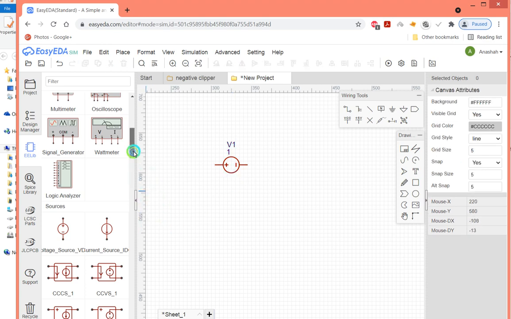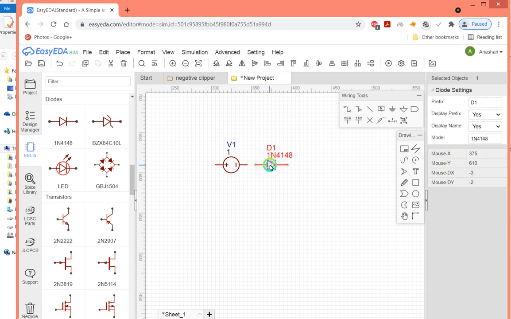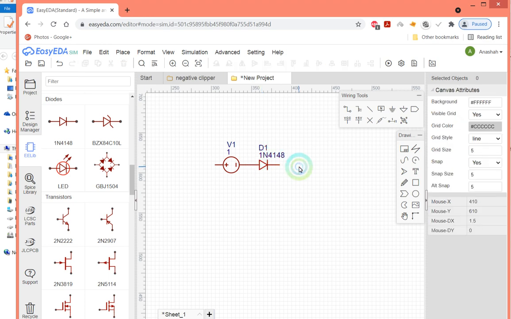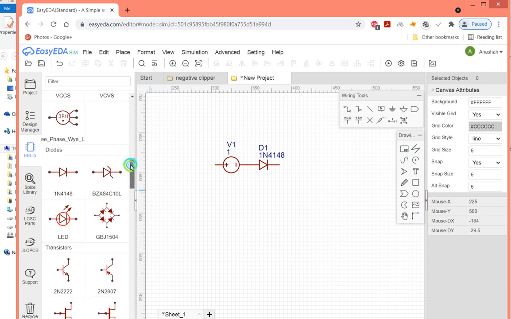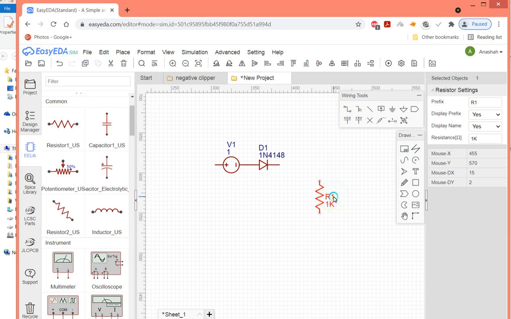I have to pick up a diode as per the circuit diagram which I have made. So I'll pick up a diode and connect it like this. I've connected it, and then I need to take a resistor. I'll place it somewhere here, then keep on rotating it. Select it and rotate it. Okay, I've rotated it, and what I need now is another input source,